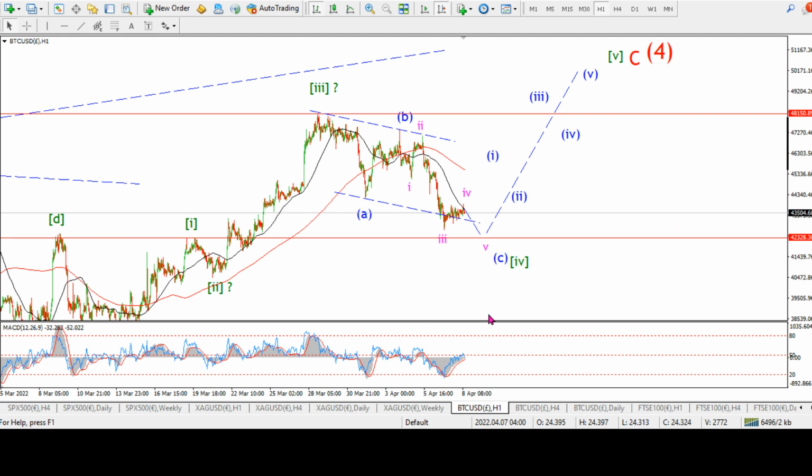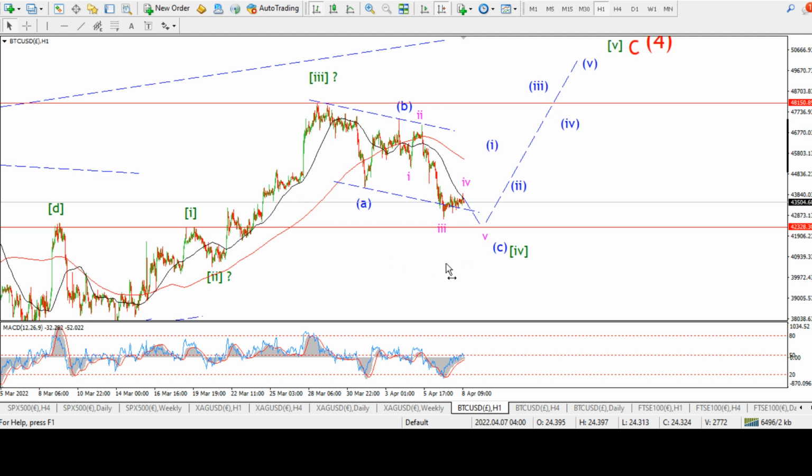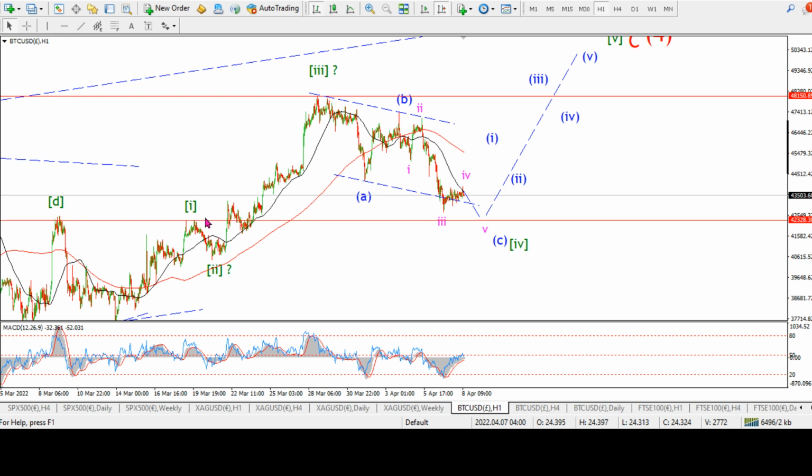Let's say that is a reasonable possibility at this point after this week's action. Now, I have got a caveat there if you want another one. If this 4th wave breaks this wave 1 high, so we've got a key level there, 42,300 or 42,330 if you want to call it that. You break 42,330 today, then I will probably